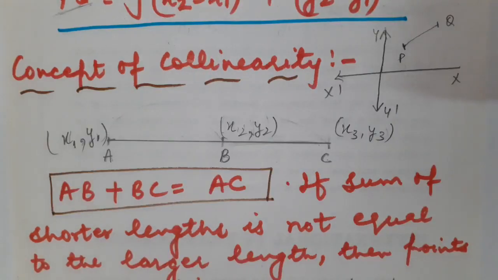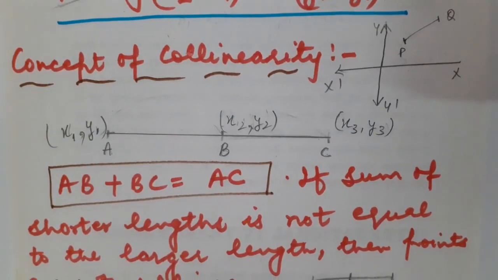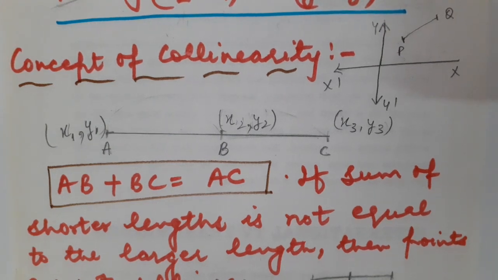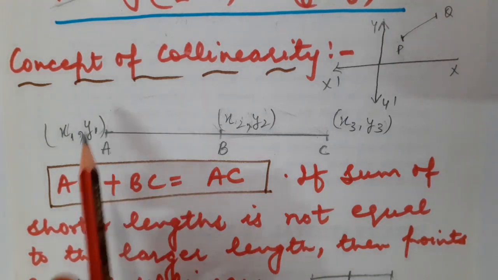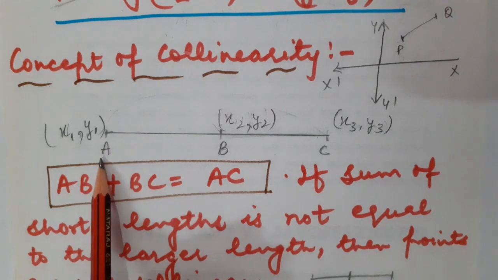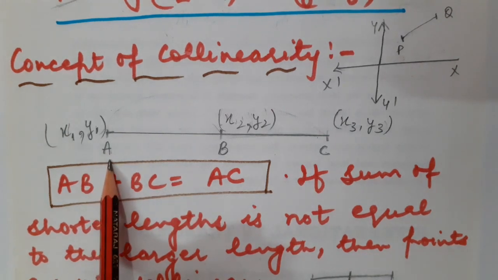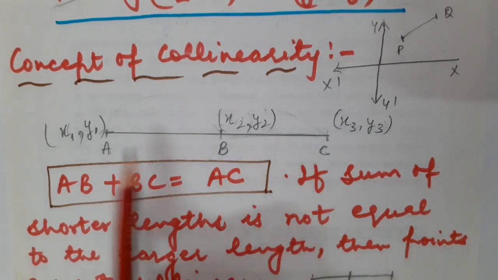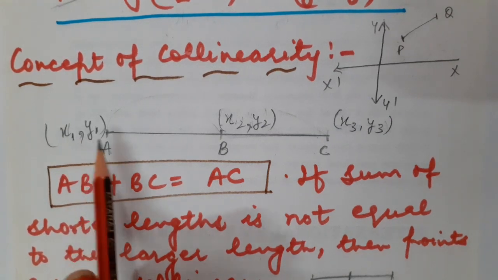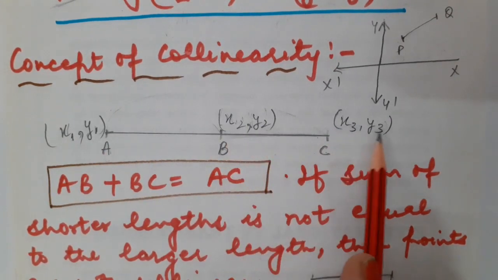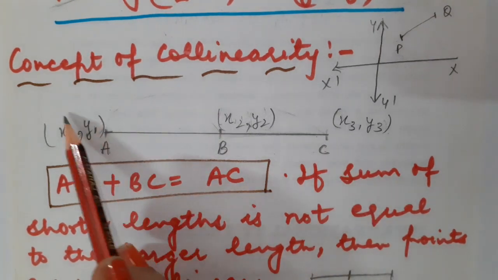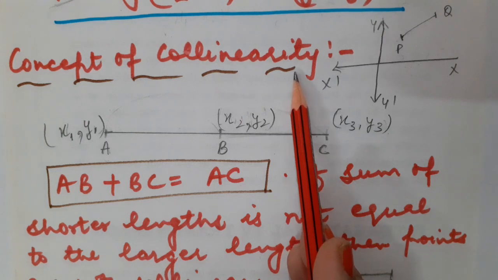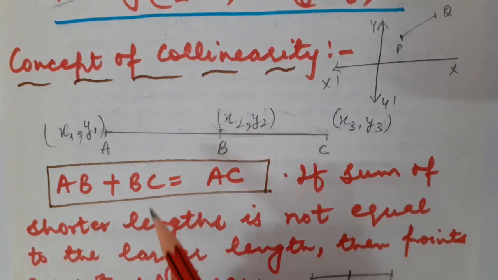Now children, along with it I am going to cover a very small concept of collinearity. You know, 3 or more than 3 points are said to be collinear if they lie on the same line. So how can we apply distance formula for the concept of collinearity? Suppose I have taken 3 points A, B and C whose coordinates are x1, y1, x2, y2 and x3, y3. Now I have to apply distance formula so that the concept of collinearity I could apply. Fine student.